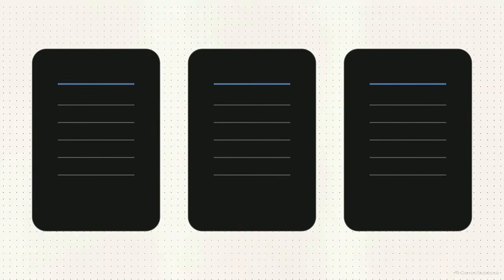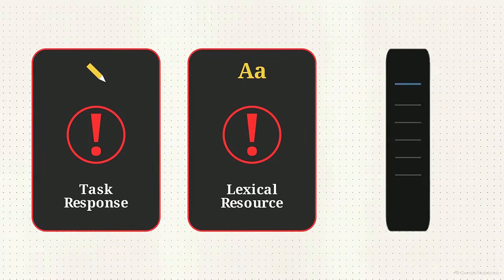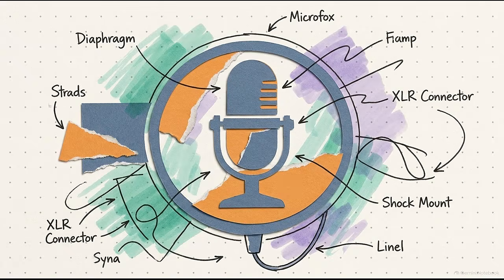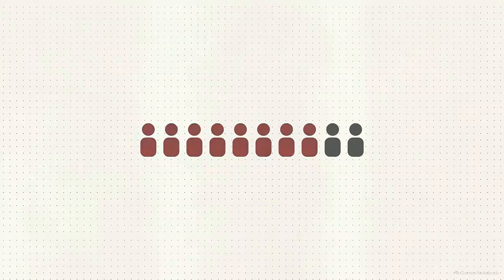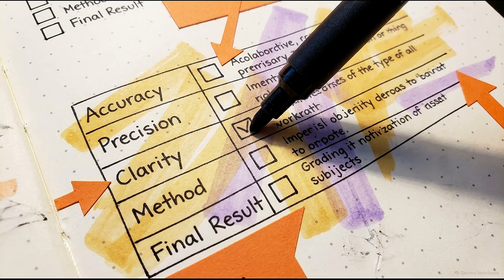Your score is not flatlining because your English lacks proficiency. You are plateauing because of 3 specific hidden behavioral mistakes in how you execute the exam. Make sure you stick around for the third one. It happens in the speaking section, and it ruins the scores of 8 out of 10 students without them ever realizing why. Crossing the gap to a Band 8 means taking your existing English skills and applying them with absolute